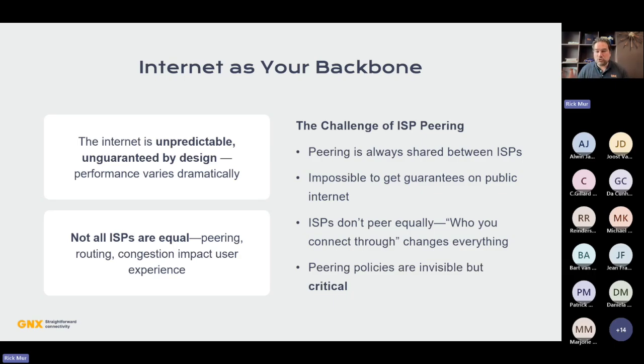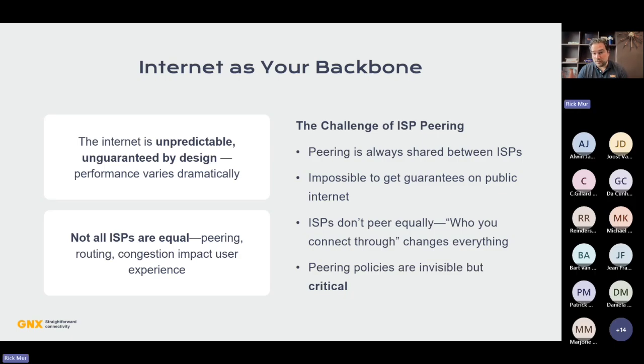How many people should connect to this global network infrastructure, how we connect, or should we connect, and what rules we put in place completely varies on a network by network basis, or autonomous system, as we call them in the BGP world. So we have no way of knowing how a certain vendor that I procure an internet service from, as a user or as a consumer, actually connects to different other networks and different other ISPs. And like I said, it's unguaranteed and unpredictable by design, which means that performance can drastically vary based on how what we call internet peering is actually being configured.